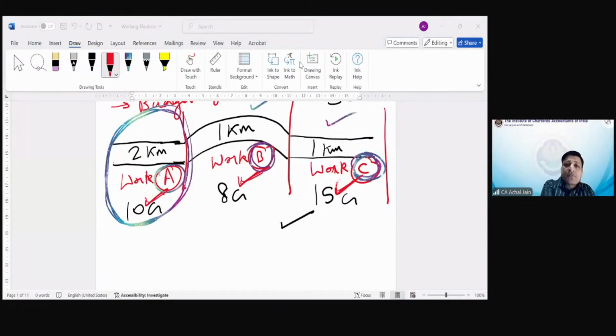Dilip has a further query on this. Dilip is asking, what if three works are taken up by three subsidiaries of the same company? It doesn't matter, because the three subsidiaries are also separate entities, and for each entity the revenue recognition will be separate. So you can't establish that interlinkage or interdependence. There again, the same approach you'll have to consider.